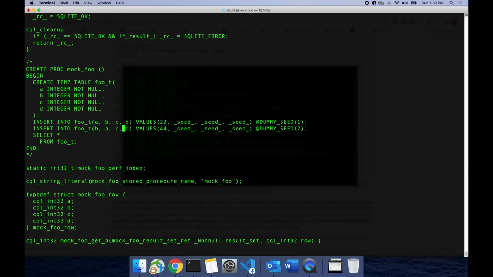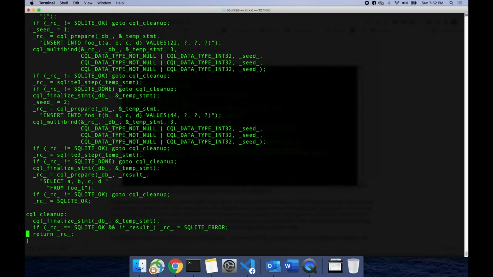So there's a rewrite, okay, foo of t, a, b, c, d, A, B, C, D, both the same. Actually, not quite the same because the value you specified here was B. So your column stayed first, but it added A, C, D, and it added seed, seed, seed for those. Okay, great, and so you're getting those values. And likewise, foo of T, A, B, C, D, 22. So the 22 and the 44 was preserved. Okay, so when I did this,